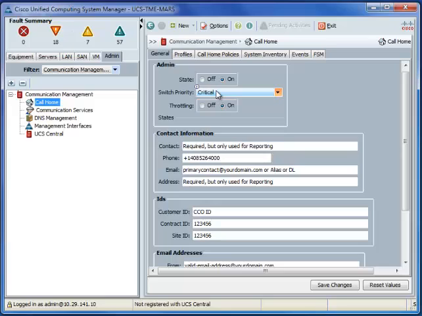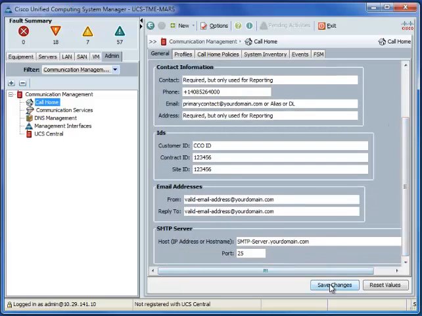Throttling is whether the system limits the number of duplicate messages received for the same event. By default, I would like to leave throttling on to manage duplicate messages. Once you choose all this required information, go ahead and save changes.